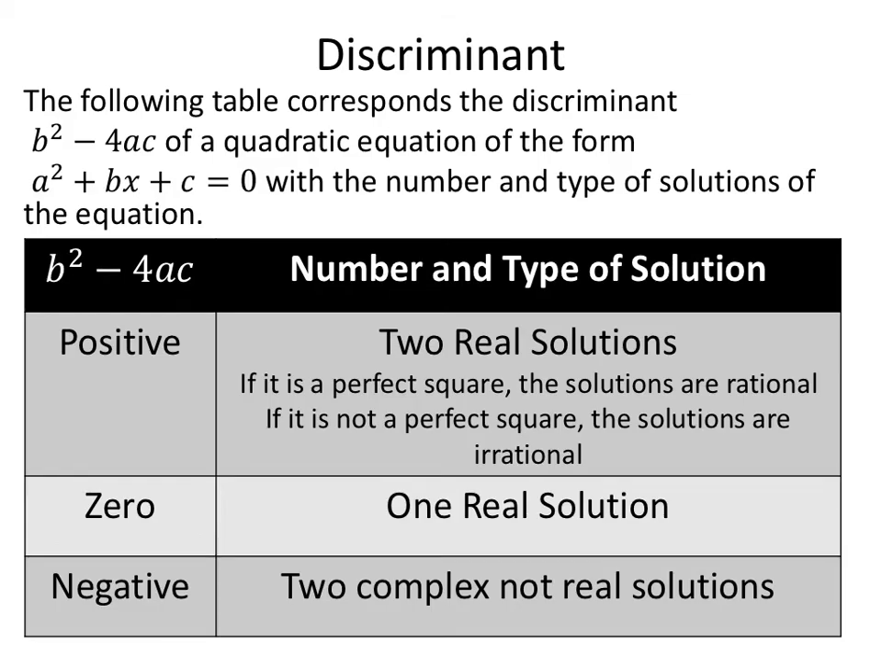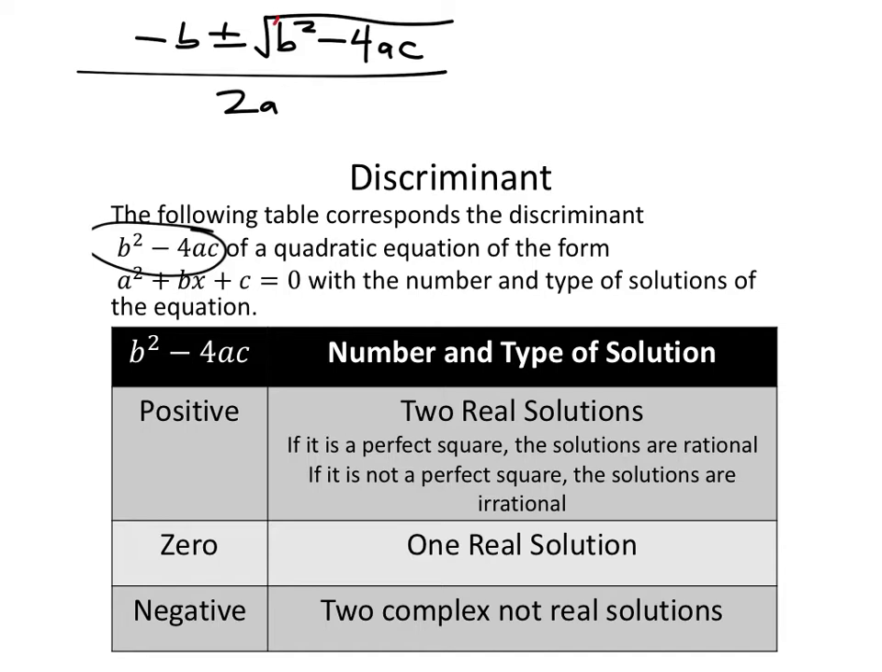The discriminant in the quadratic formula is this b squared minus 4ac. So, if we look at the full formula, the discriminant is just whatever's inside that square root. And whatever is inside that square root will determine how many answers we have and what type of answers we have. If we evaluate the inside of that square root, which is the discriminant, then we